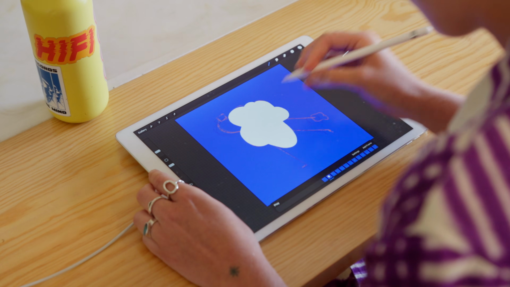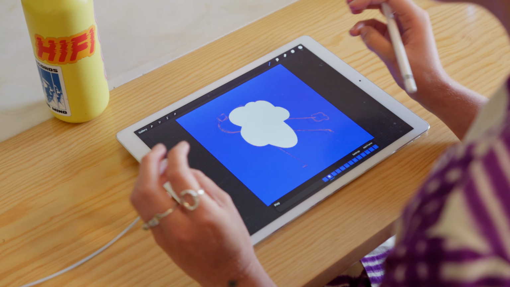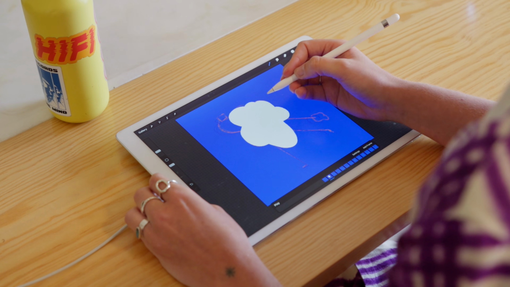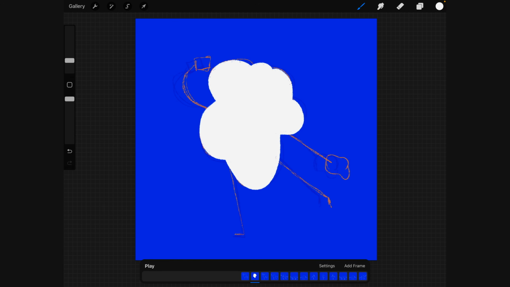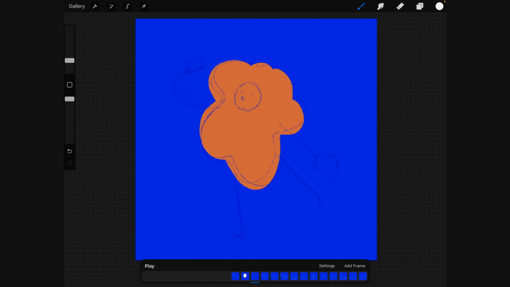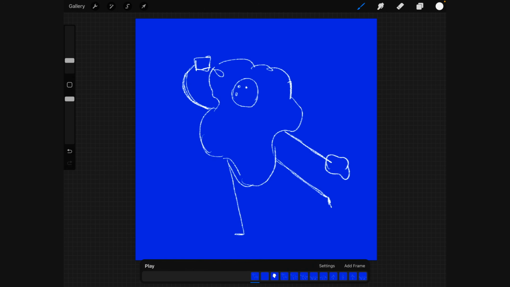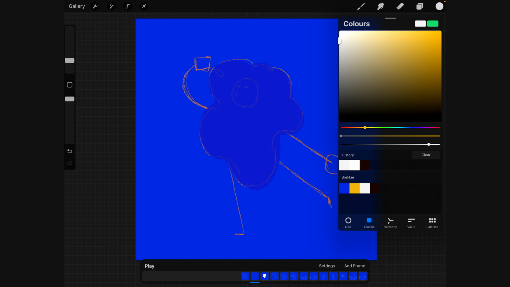Cool. And we basically want these on a separate layer. We want to separate the egg body shape from the egg details because we're going to be adding texture to this egg shape in After Effects, and we don't want to add texture to the entire animation. Okay, so we've got our egg body on one layer. We're going to add another frame and just bring this to the front so we can still see the frame that we're drawing, and add the details onto this other layer.